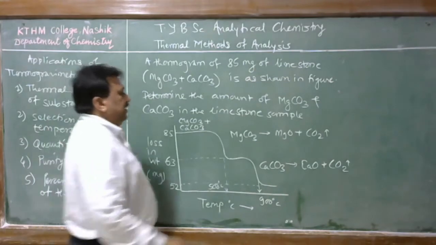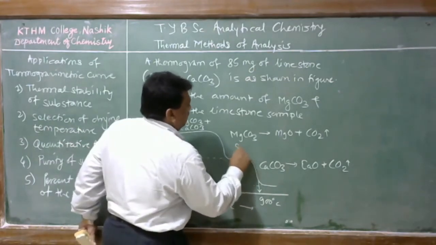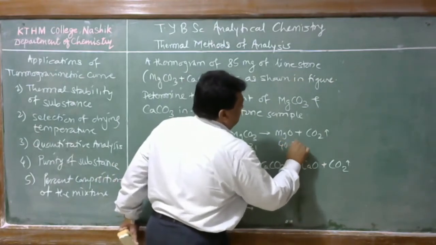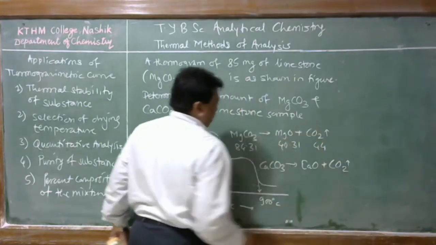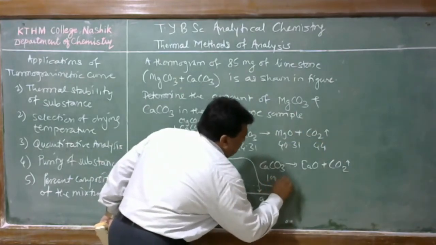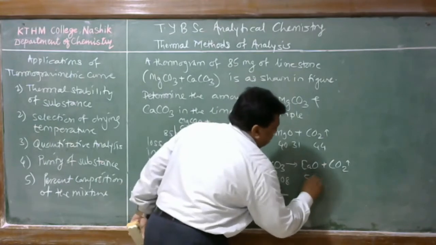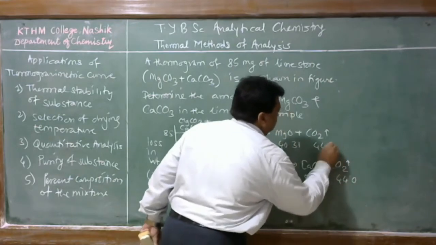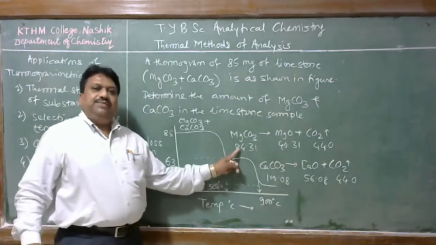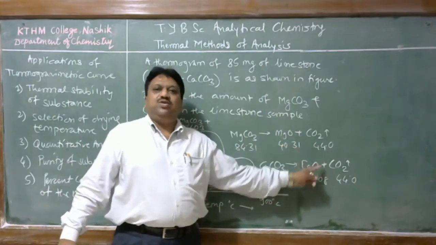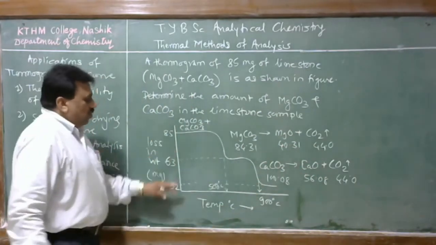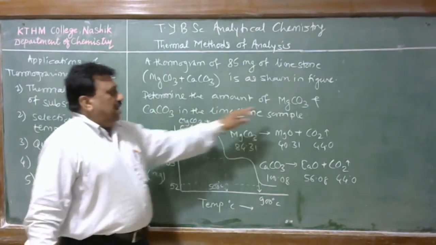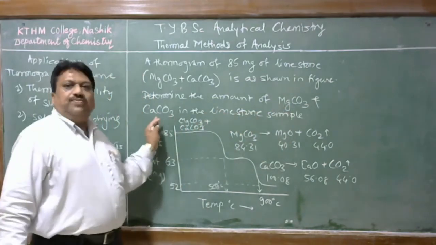Here the molecular weights of these compounds are also given: 84.31, 40.31 and 44. Similarly, 100.08, 56.08 and 44.0. These are the figures which represent the molecular weights of the corresponding compounds. This information is given to you. On the basis of this information, you have to find out the amount of magnesium carbonate and the amount of calcium carbonate